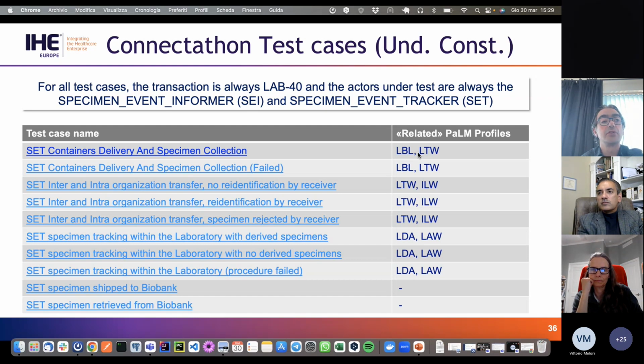So interested also to make a subset of these tests. Obviously, we hope to go into production, so into Gazelle, with all these kinds of tests as soon as possible. I hope immediately after the PIA. And one thing also to add is that for both profiles, the PIA and the SET, we are